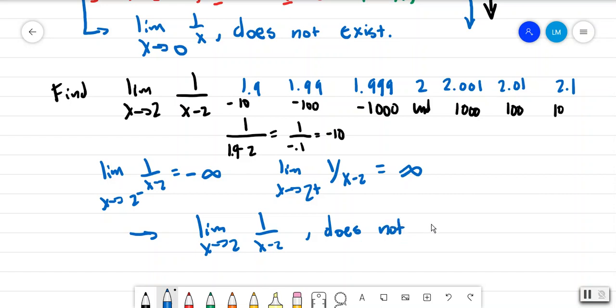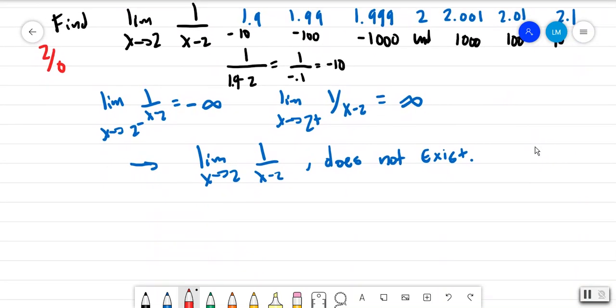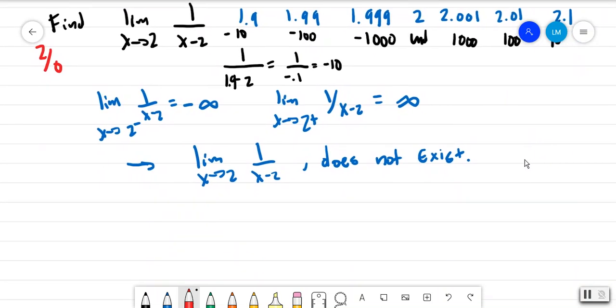Okay, now, of course, some feel that when you plug in the 2, you would have gotten 2 divided by 0, and then you would have just said, well, that's undefined clearly. But you have to be careful with it because you're really just trying to see whether it's going to be positive or negative infinity. What it comes down to is when you look at the graph of the equation,